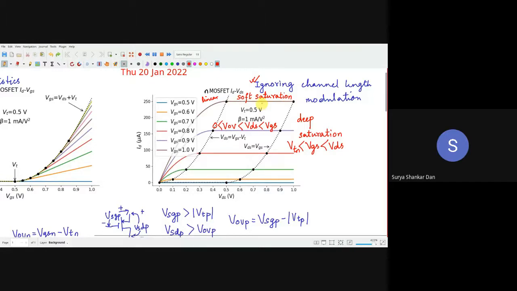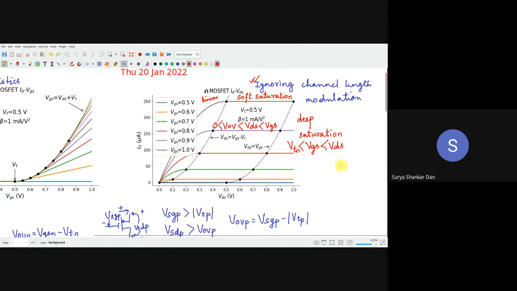And that slope is going to determine the gain of the transistor. Remember, gm times ro is the intrinsic gain of the transistor. This ro is going to be low in this soft saturation region because there will be a slope. If you are dealing with a large, old device, a 40-year-old device, that means a 500 nanometer device, this is going to be flat anyway. Flat means ro is very high, so the gain is very high. But in modern technology, that is not going to happen.